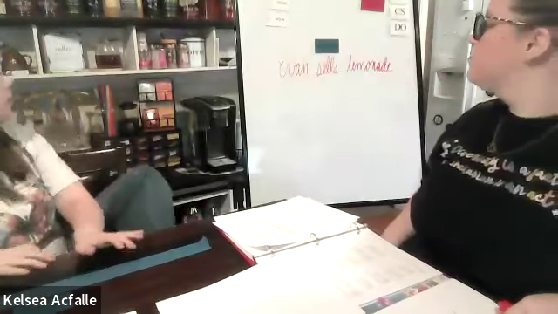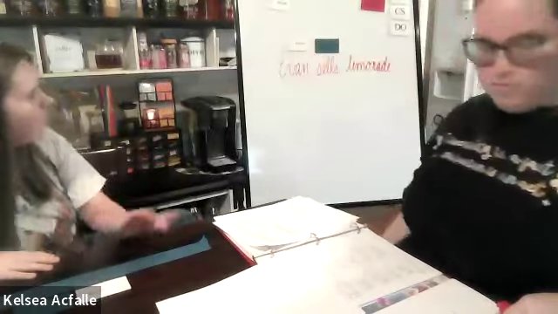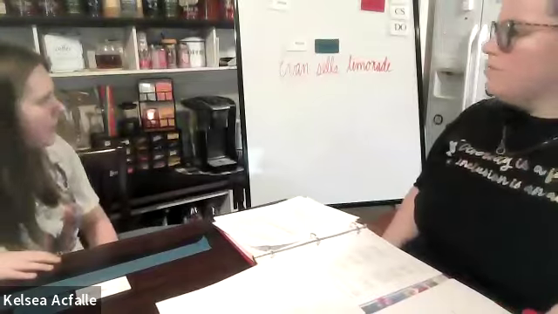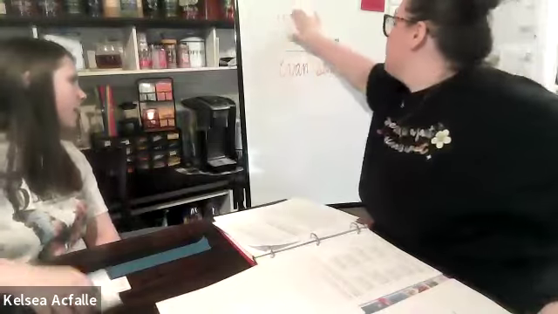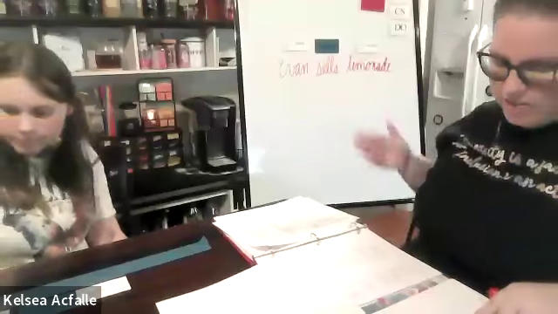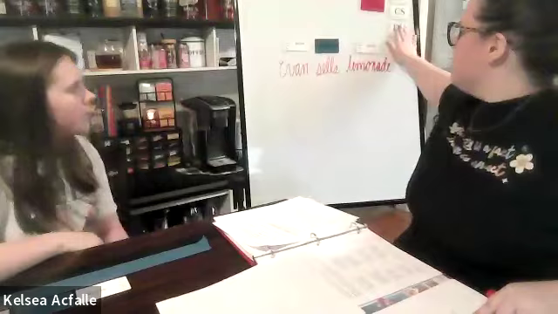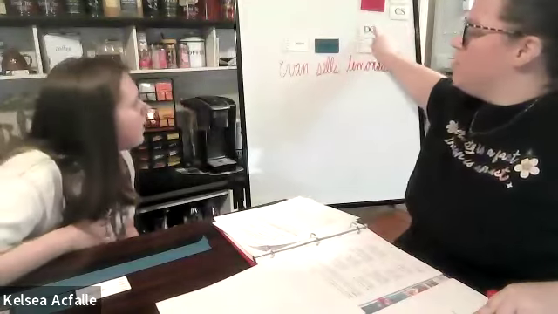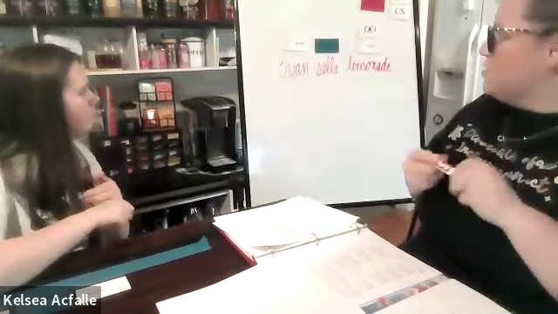Who sells? Evan. And he's a noun. He's a person. Sells what? Lemonade. Lemonade is a noun because lemonade is a thing. Good. Do we have a noun to receive the action of the action verb? Yes. What is it? Lemonade. So it's our direct object. Good. Where do we divide the sentence?